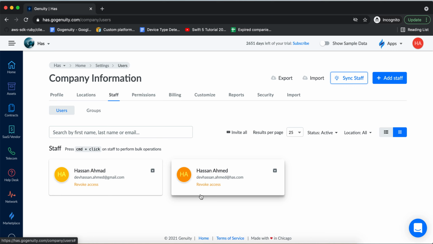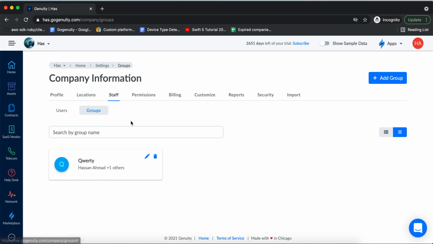So previously we were using all these scopes, but now we have added the functionality to have the groups in our Genuity platform. And in order to achieve this, we are also offering our customers the ability to sync their organizational units and groups from their G Suite account into our platform, so that they can easily filter out the groups and organizational units.